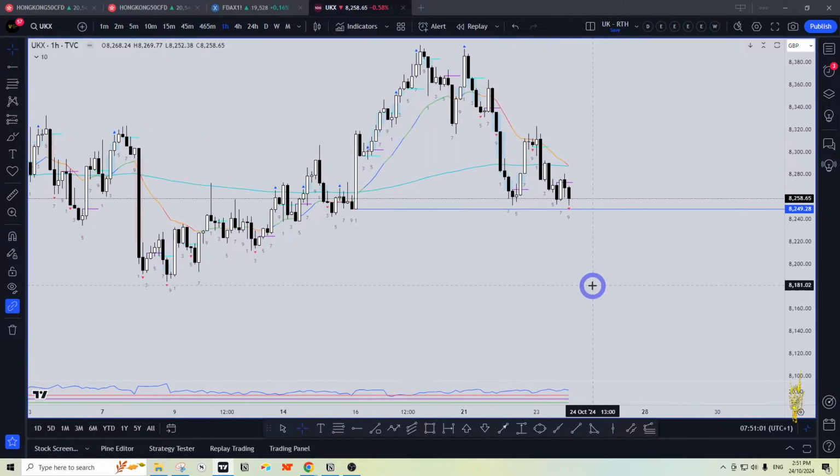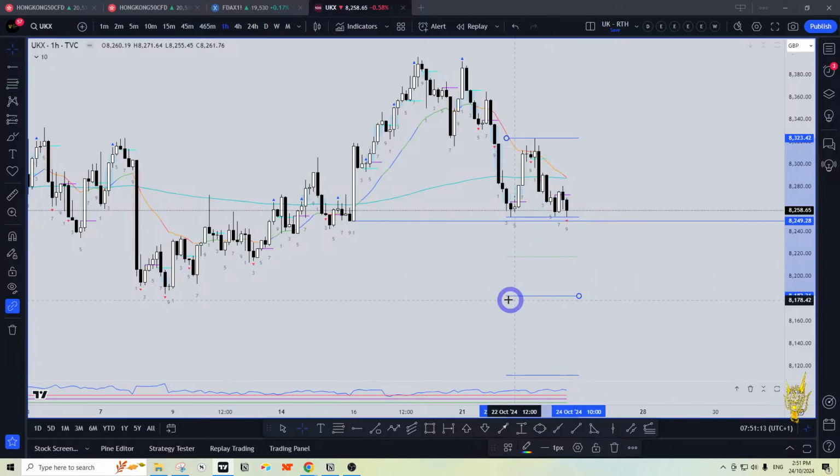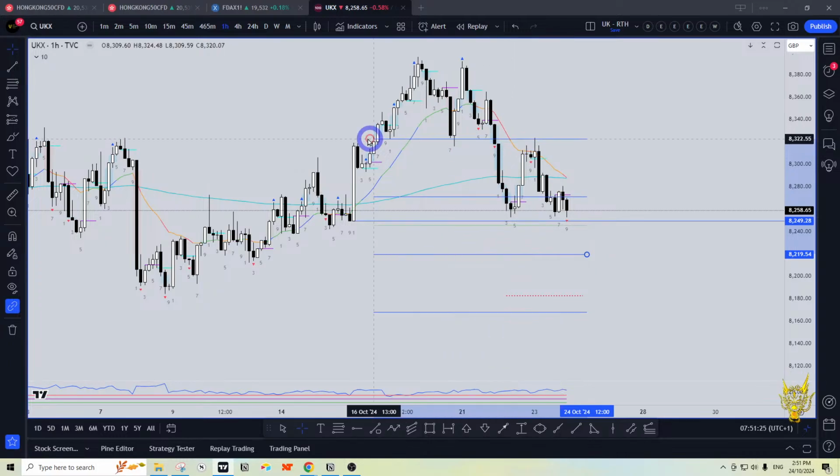So if you're looking at this chart and you're trying to get an idea of where we're heading, just in the interest of time, I think the first one is this range. Now we can refine these as we go. For now, we're just getting an idea of direction. I think